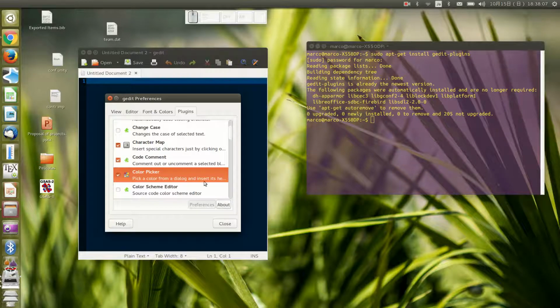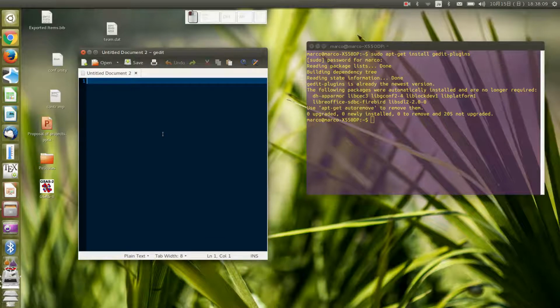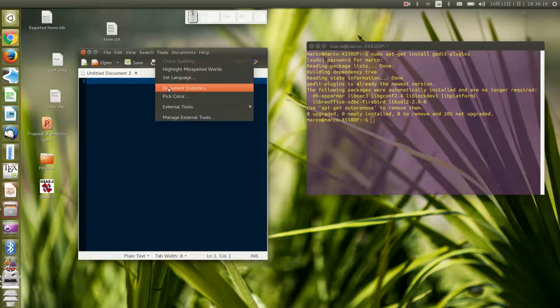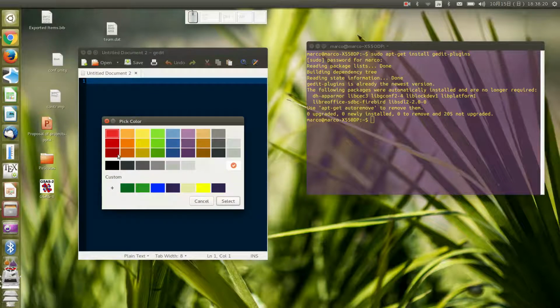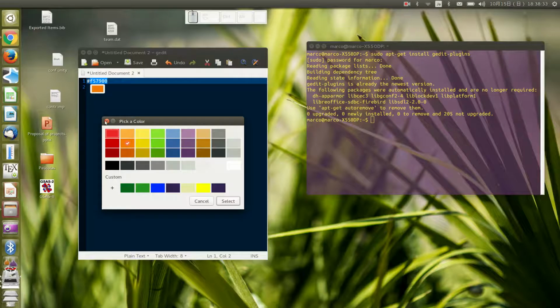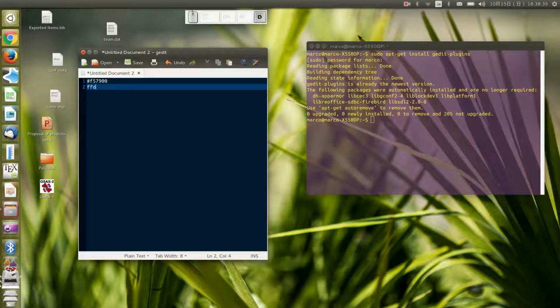So, for example, here for color picker, if we click tools, pick color, and we want to select this color, it will insert automatically the code for RGB. If we want to change it, actually it opens this menu immediately. If we want to comment several lines, well, once we save a file,